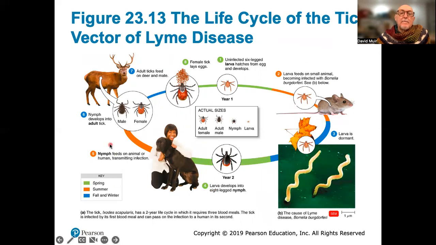The important reservoir is that which the adult tick feeds on, and these are the deer. But deer don't actually suffer from the disease. They completely tolerate it. It just acts as a reservoir for ticks, other ticks feeding on them to acquire the